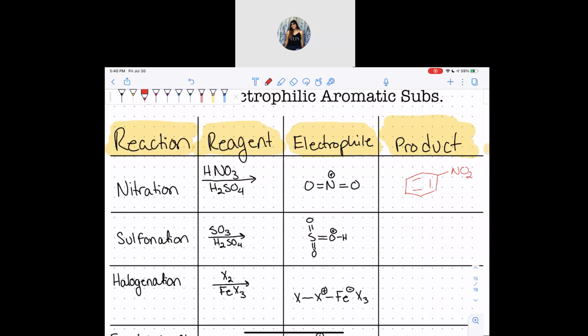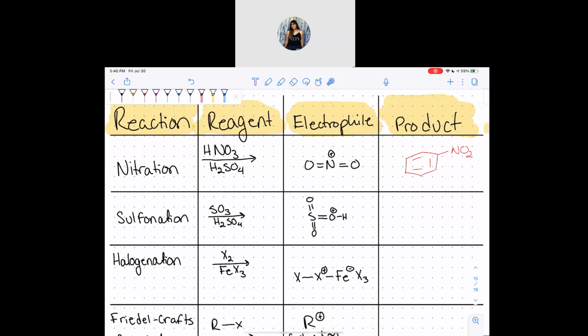Sulfonation, these are the reagents, this is the electrophile, and the product has SO3H. Halogenation, these are the reagents, this is the electrophile, and the product looks like so. These three are all pretty much the same. Everything about them is the same. The reaction mechanism is the same. They all need a Lewis